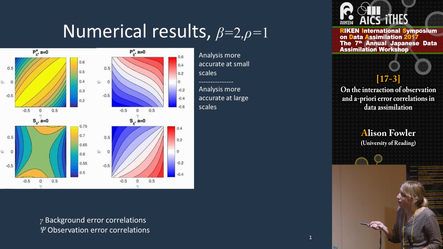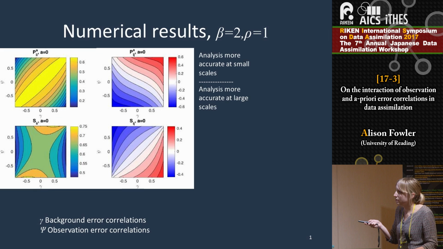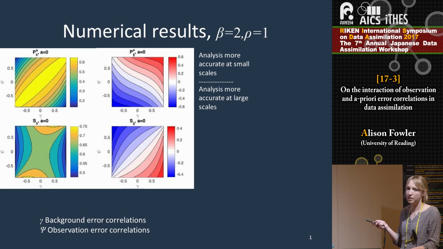If we look at the case when the observation error correlations are 0, you see that as the magnitude of the background error correlations increases, you get an increase in the cross sensitivity. Again, this shows that the role of the background error correlations is to spread information. Similarly, if you look at the case when the background error correlations are 0 and the observation error correlation magnitude increases, you get an increase in the cross sensitivities again. But what's interesting is that they have different signs. So when the background and the observation error correlations are the same, and we go along the diagonal, we get 0 cross sensitivity.